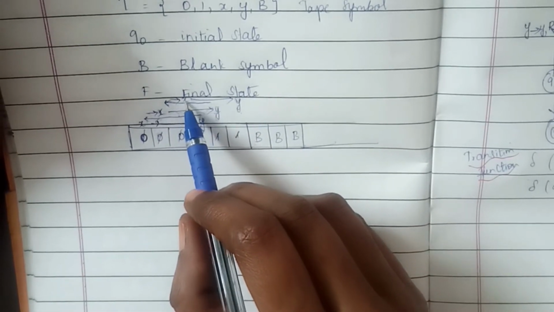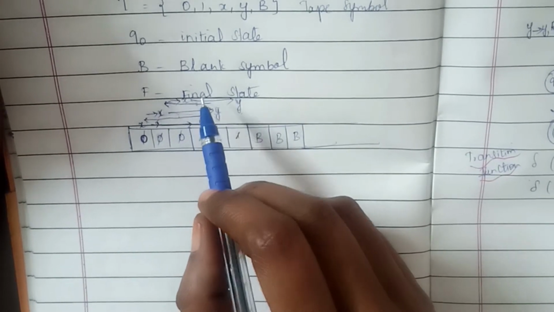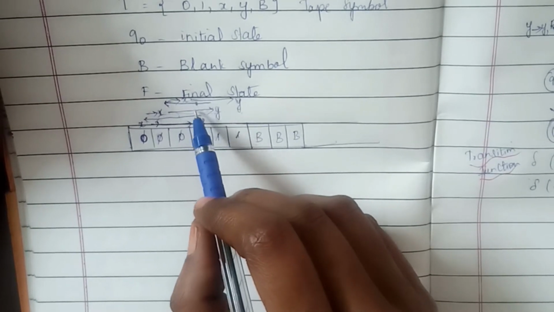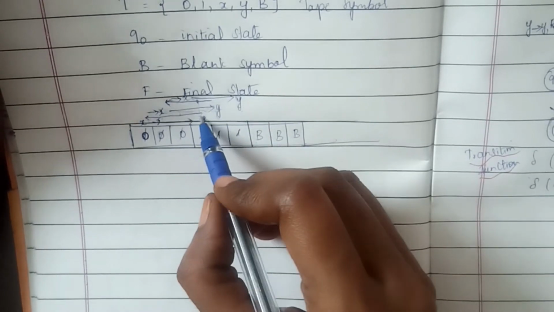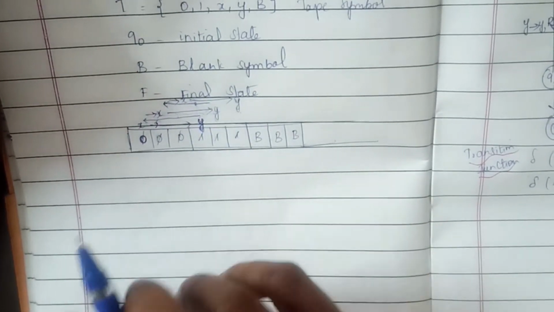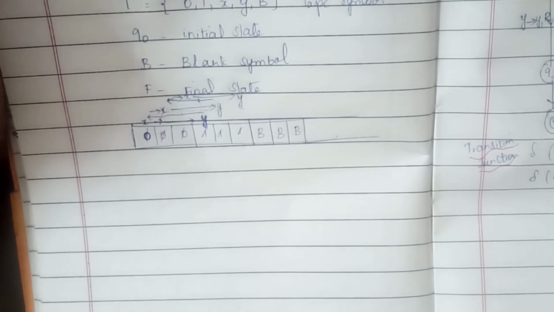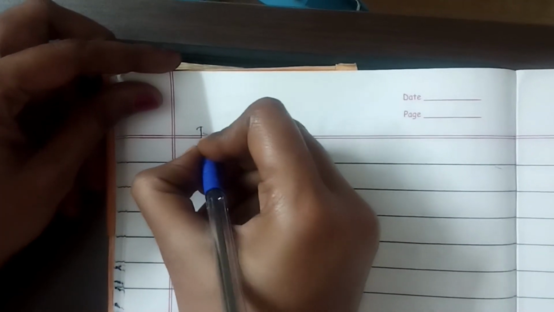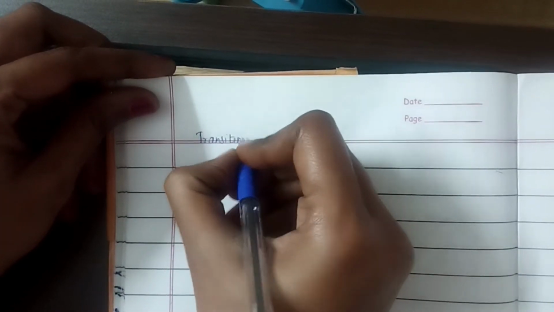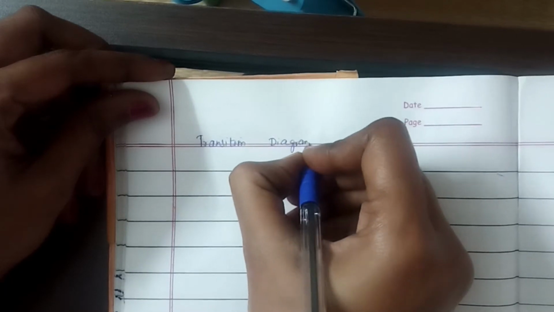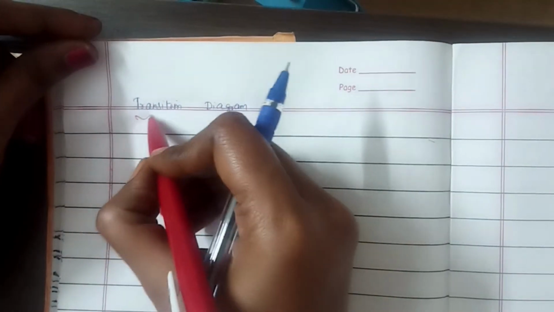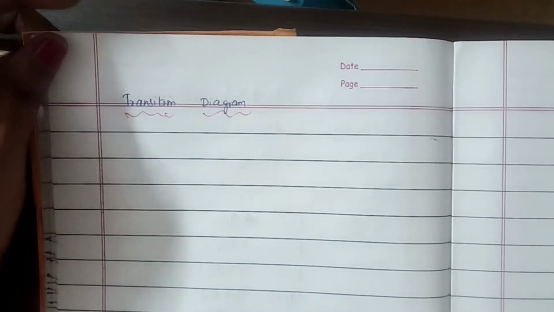After this x, it has to be identified that the tape contains a symbol after x, but it is not an input symbol. Instead of that, they are having y. So once you get that particular y, it indicates that the input string has been exhausted, right? So how do we draw the transition diagram for this? I'll explain using the transition diagram of the Turing machine. Using that, we have to write the transition function and also a sample string, right?